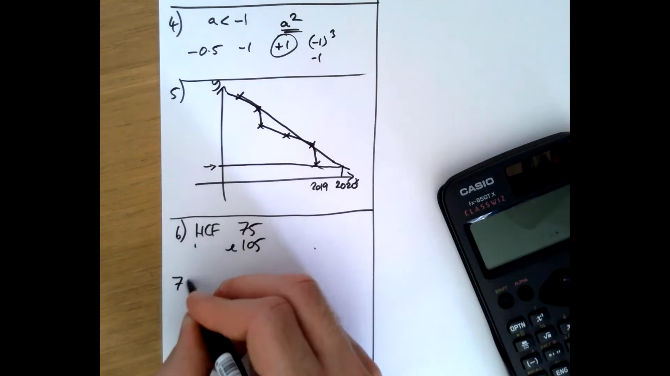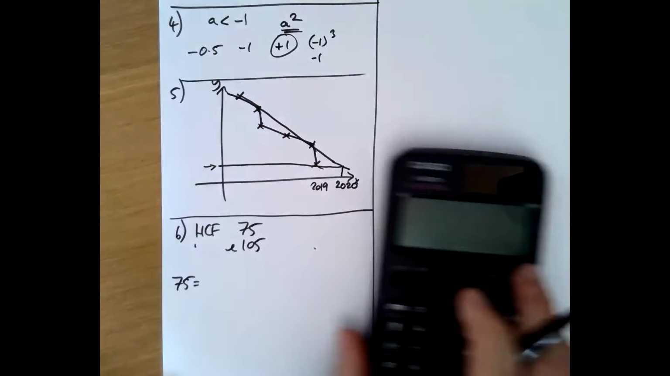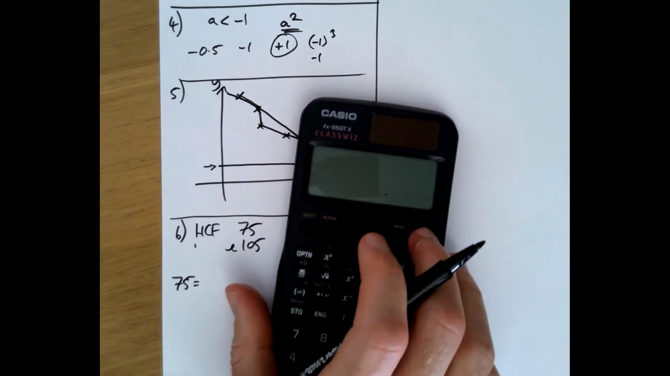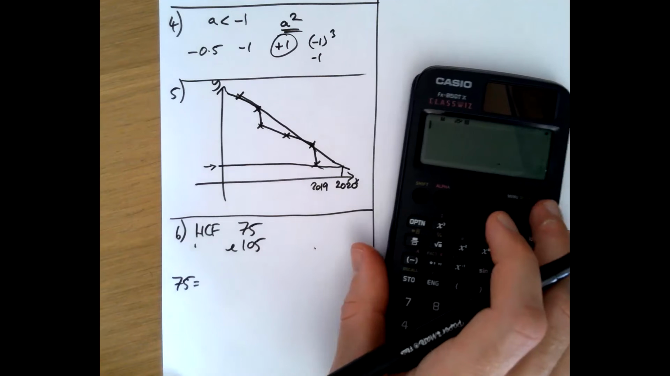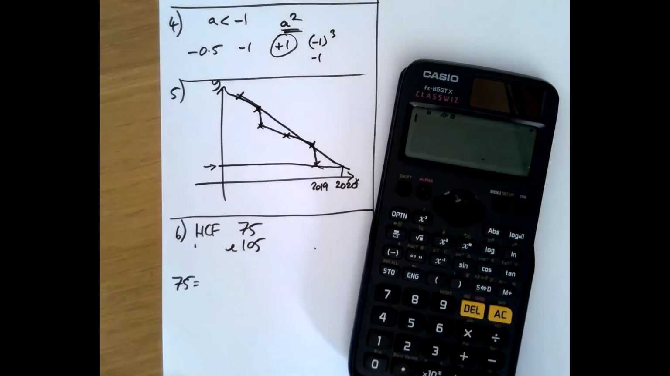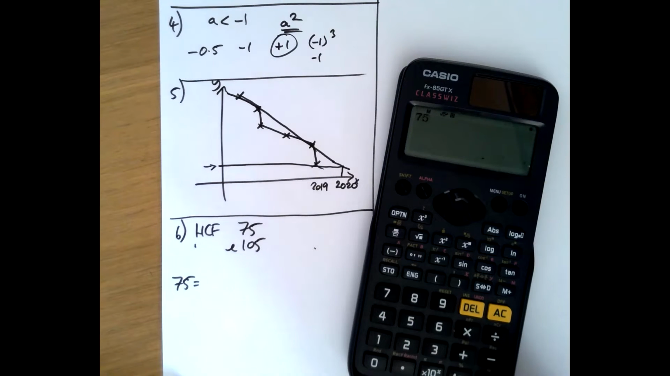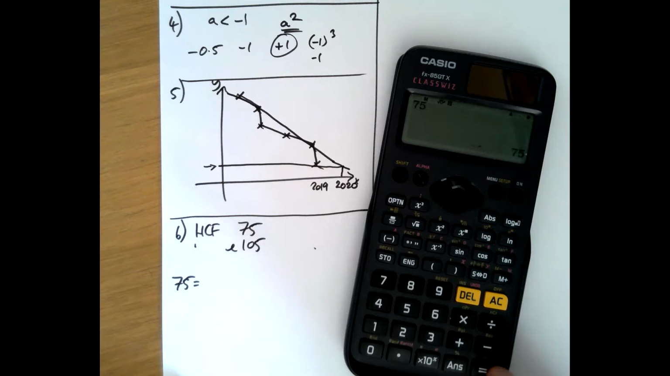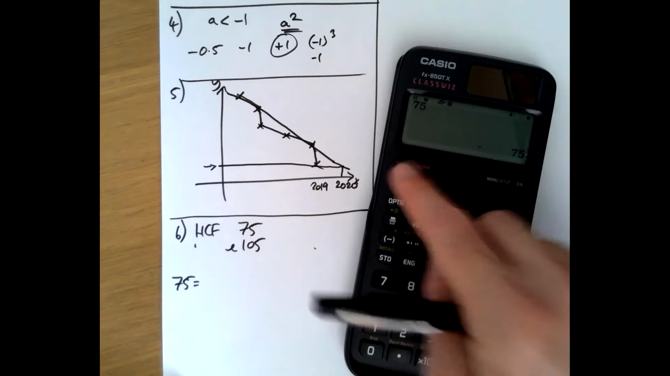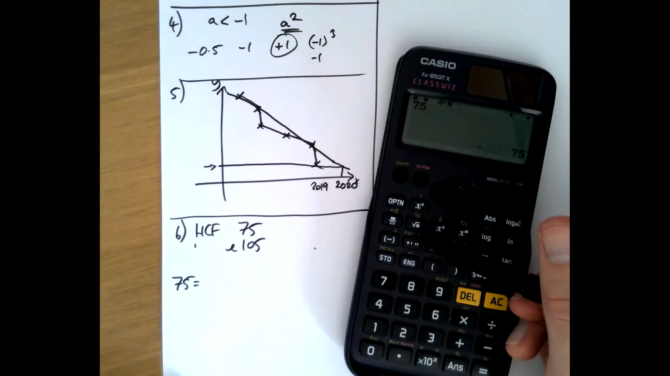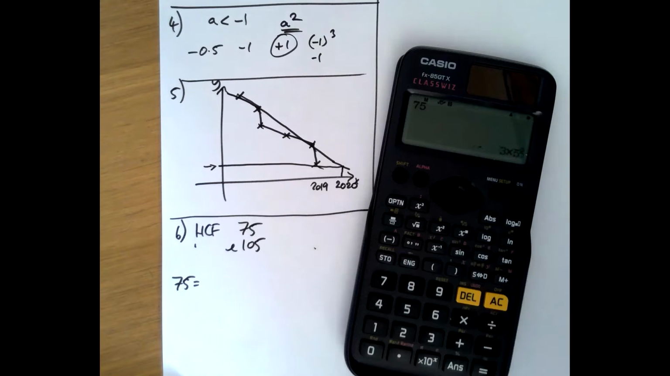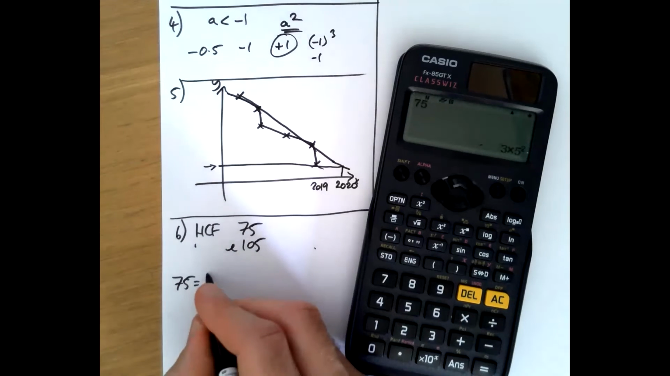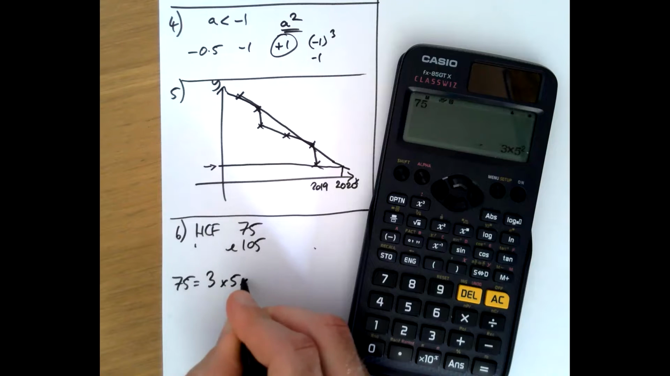So what is 75 as a product of prime factors? Well, it's in a calculator exam. So what I'm going to do, just move it over here. I'm going to type 75 equals, and then I'm going to do shift, and there's this yellow word fact here. So if I do shift fact, it gives me 3 times 5 squared, which I'm going to write out in